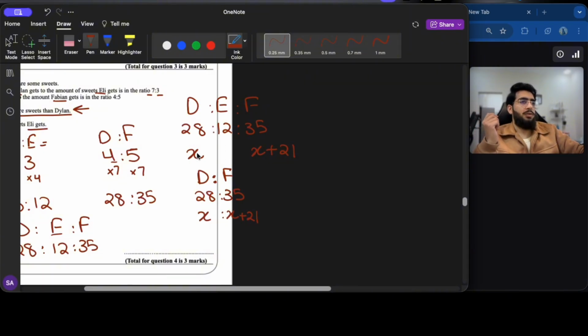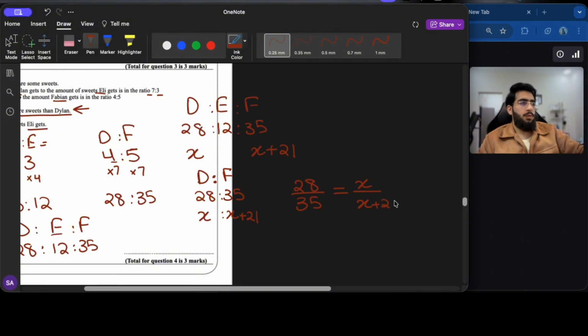For that, we'll be able to find out what D gets, and then that will help us find out what E gets as well. So in order to convert this ratio into a fraction, we'll just do 28 over 35. That's this ratio converted into a fraction. And since we know they're equivalent, I can put an equal sign in between, and then I'll make this a fraction as well. So that would just be x over x